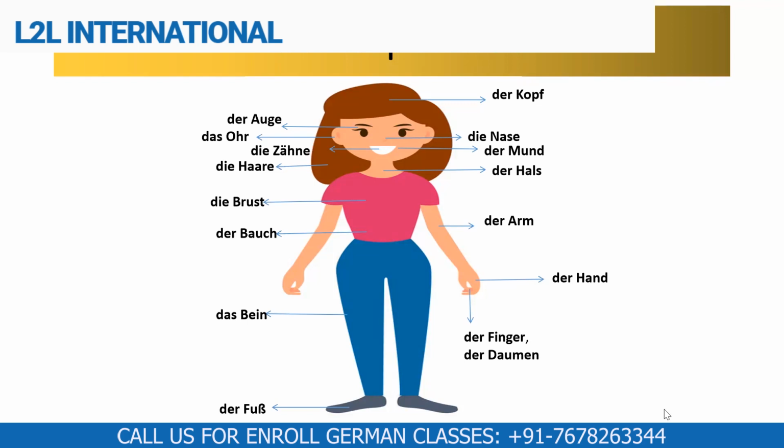Mouth. Good. Okay, so Auge, Ohr, Zähne, Haare, Brust, Bauch is stomach, Bein, Fuß, Finger, Daumen, Hand, Arm, Hals, Mund, Nase, Kopf. Along with that, you have to make it der Auge, das Ohr, die Zähne, die Haare, die Brust, der Bauch, das Bein, der Fuß, der Finger, der Daumen, die Hand, der Arm, der Kopf, die Nase, der Mund. So not only the name, but the article is equally important when we are learning